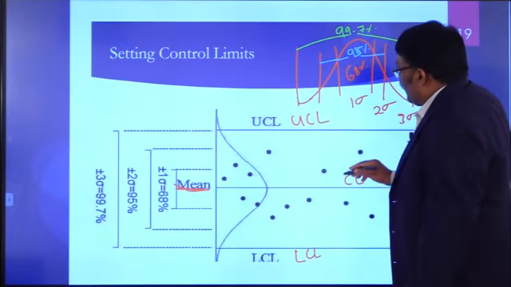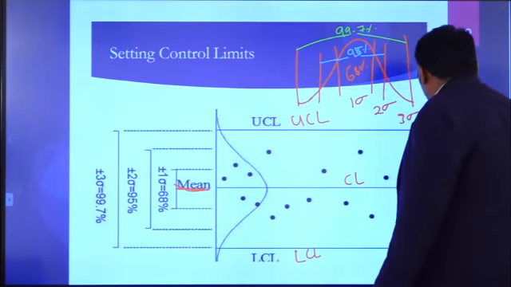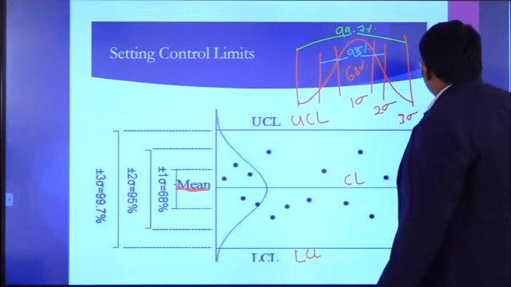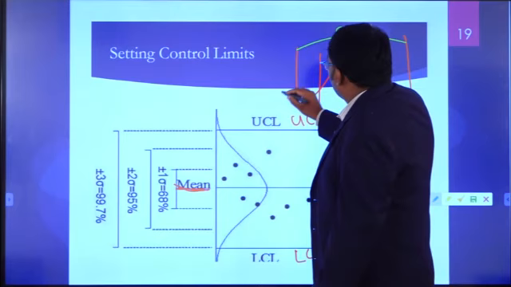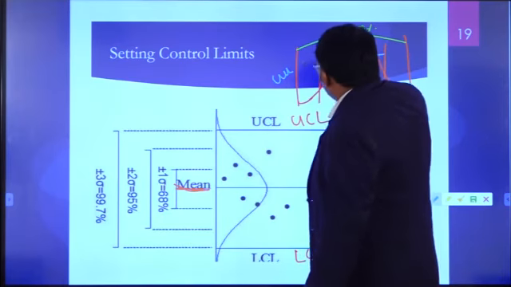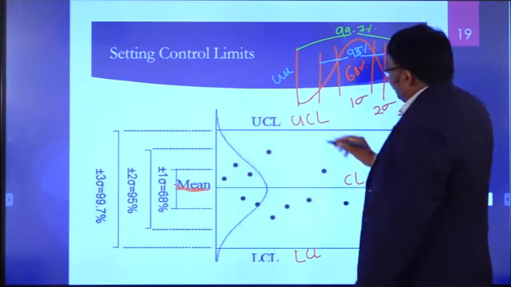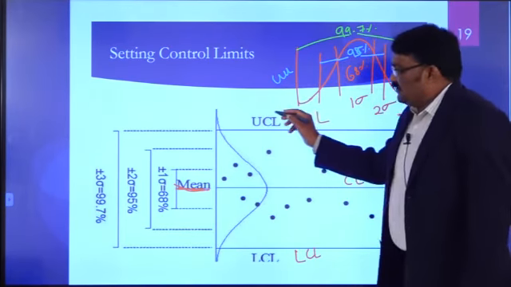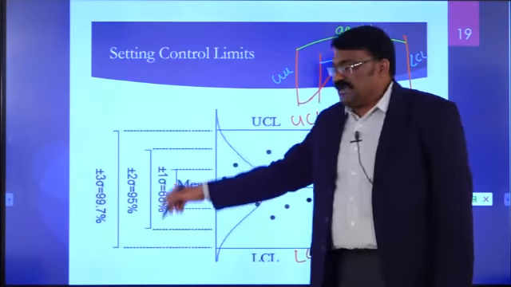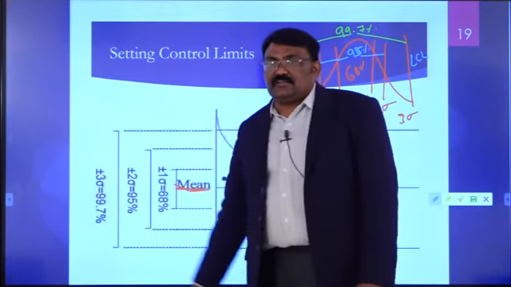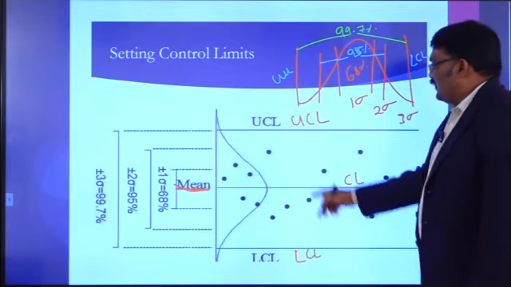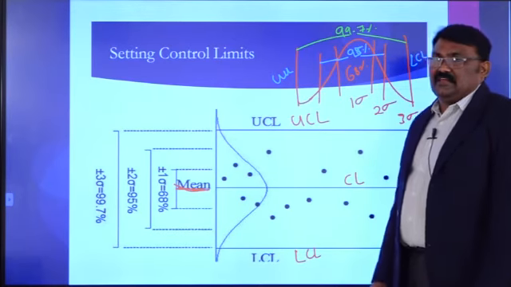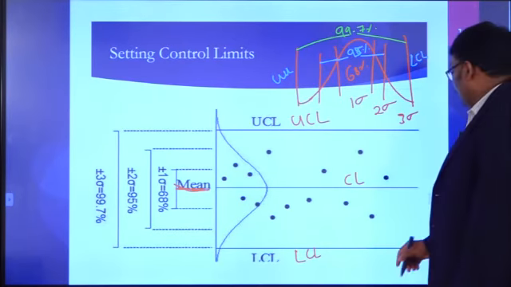So, whatever limit I have, I should have the control under which area? I should have the control under the positive side. From here to here, that is the UCL to LCL, it is between the 3 sigma positive and negative. We need to have the control within 3 sigma on the positive and negative side. That is why we have these UCL and LCL limits.